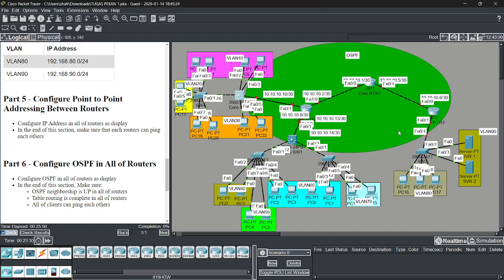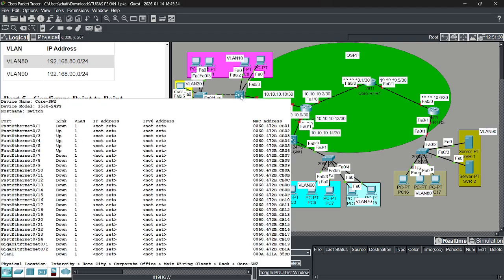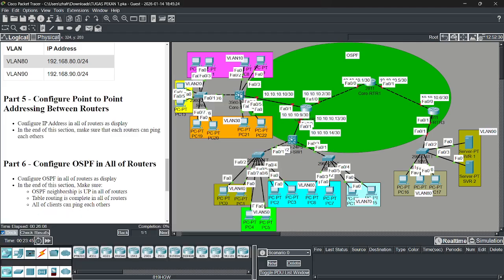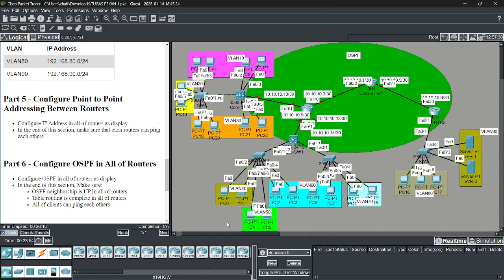All routers, including the MPLS switches, are part of the point-to-point links, so we will configure the MPLS switches also, because they are multilayer switches that can work in both layer 2 and layer 3. Ping at the end.